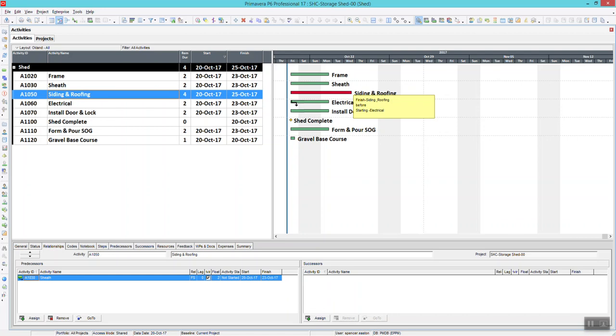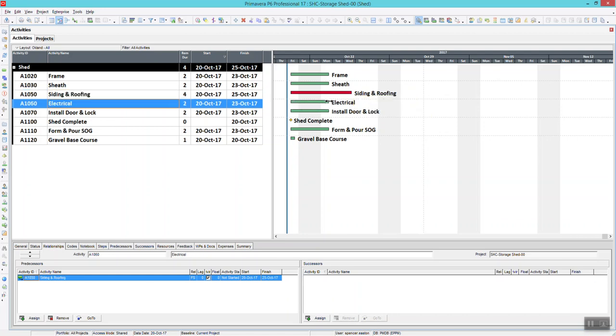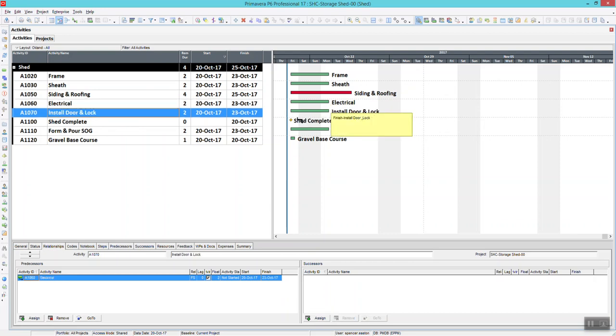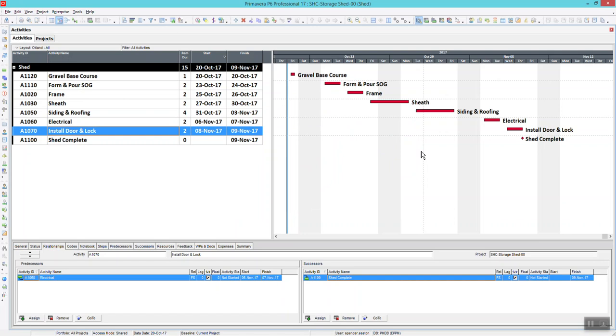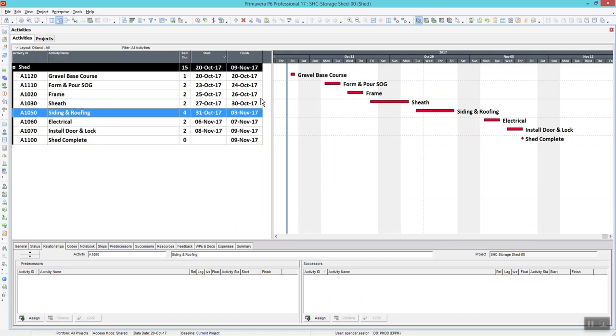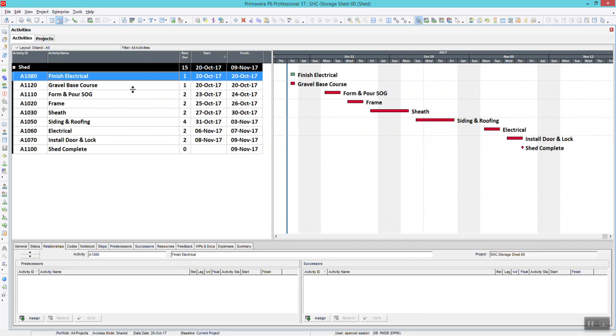Siding will then kick off electrical. Electrical will then kick off the door and lock, and then that will complete us out. Now, after doing that, I can F9 enter, and you can see that we come out to the same exact dates, the same exact everything. Logic is all the same. It only took longer because you have to click a lot more times, so that's not the fastest way to do that. It might be the easiest way on a one-off, or if you're creating different types of relationships,